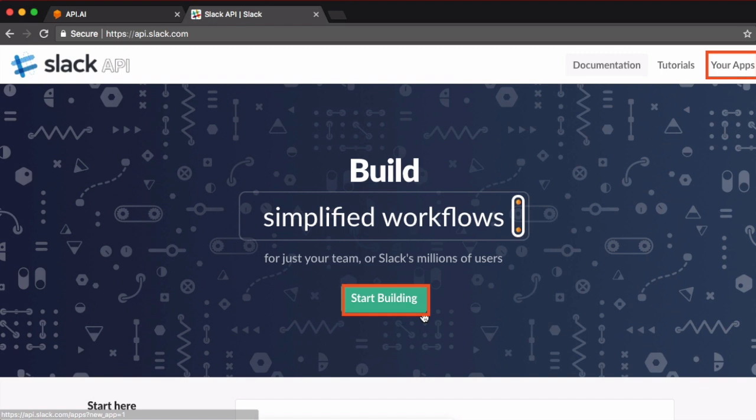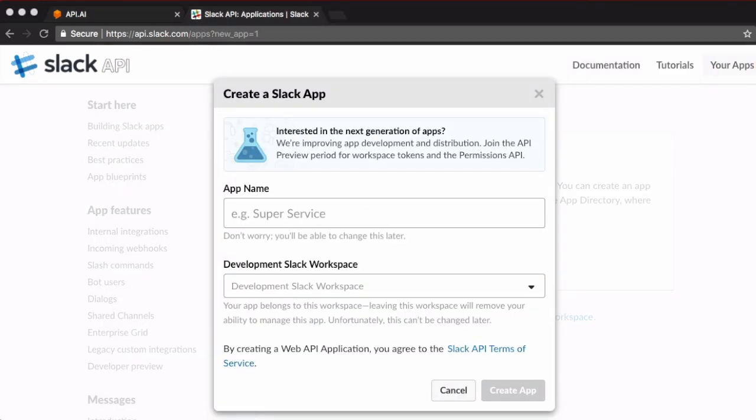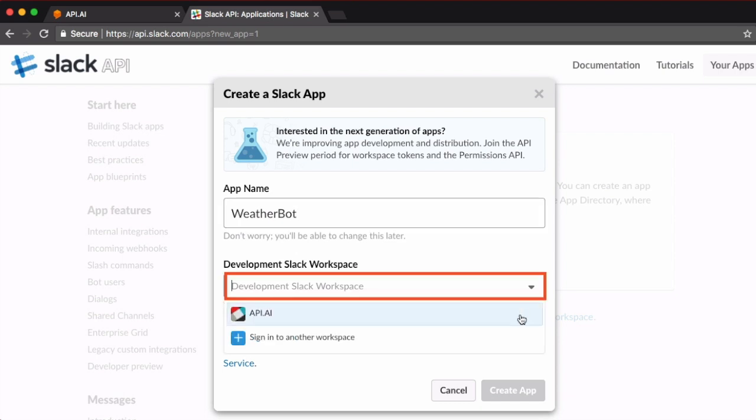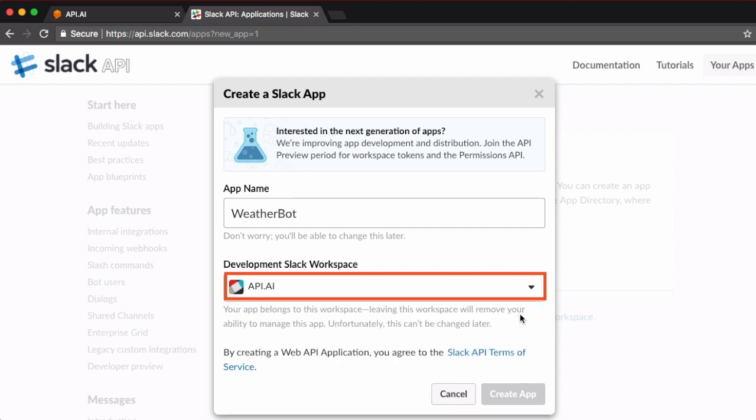Go to api.slack.com and then click on Start Building to start building your application, which will integrate with Slack. Once you click on Start Building, you'll be asked for an app name. I'm going to call it Weatherbot because that's exactly what it does. And the development Slack workspace where I want this bot to live is the API.ai workspace that I just set up earlier. Once you have these two bits of information filled in, you're ready to click on Create App and